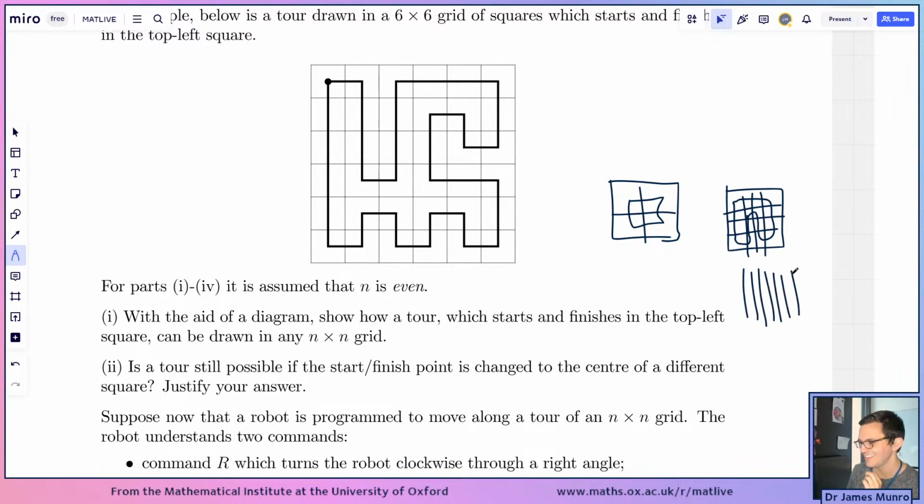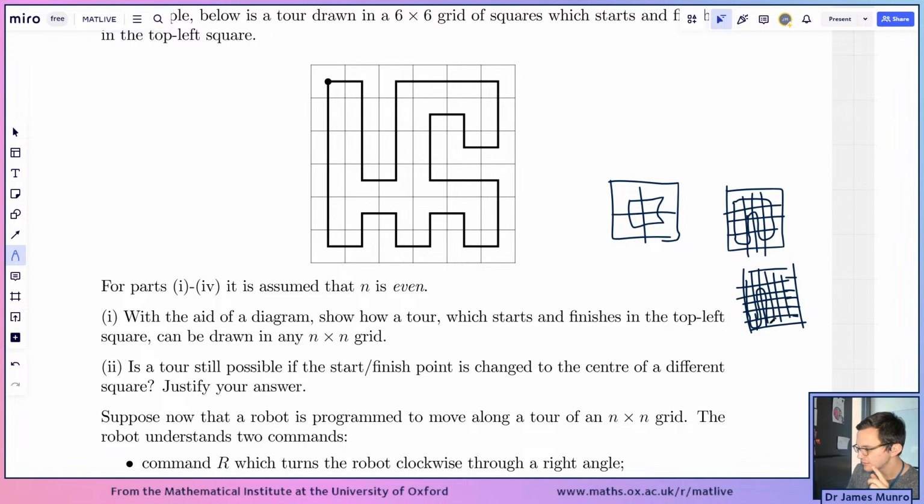6, 7, 8. What am I doing next? What's the next even number? The next even number is 6. 1, 2, 3, 4, 5, 6. So I need to draw 7 lines so that I get a 6 by 6 grid. Phew, drawing is hard. Okay, so I'm going to try and do the same thing with trousers, but with